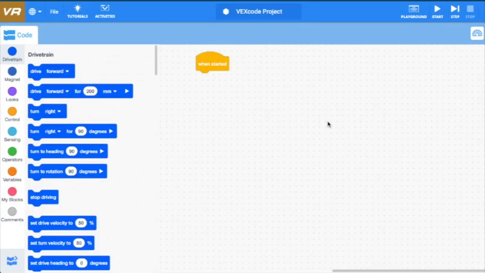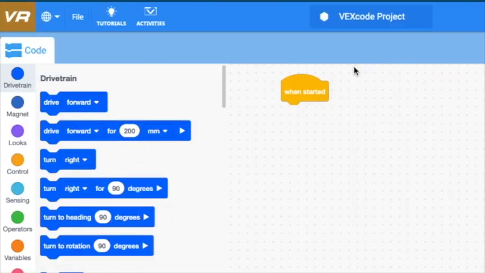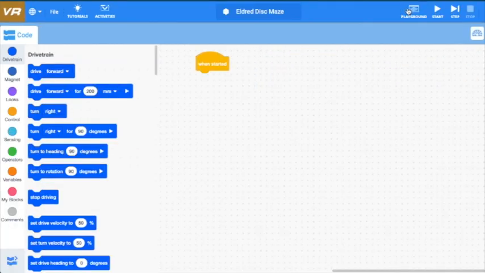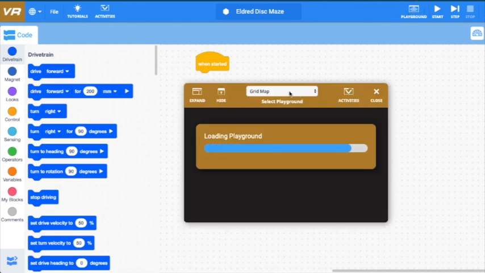Okay, so this week we're going to do something that's a little more complicated. The first thing I want you guys to do is remember to give your project a new name. We're going to click up here and you're going to use your last name. We're going to do what's called the Disc Maze. We're going to click Rename, and then I want you to open Playground, and it comes up to the grid